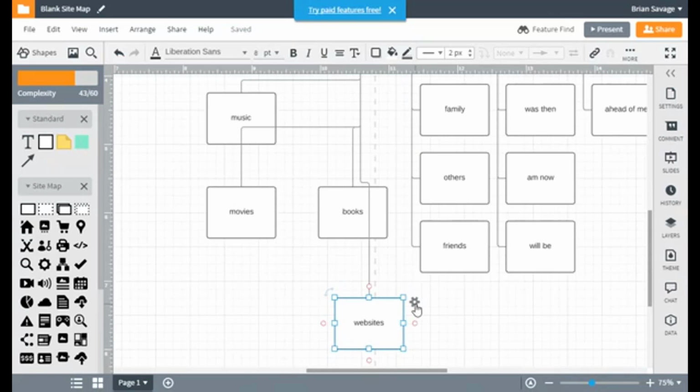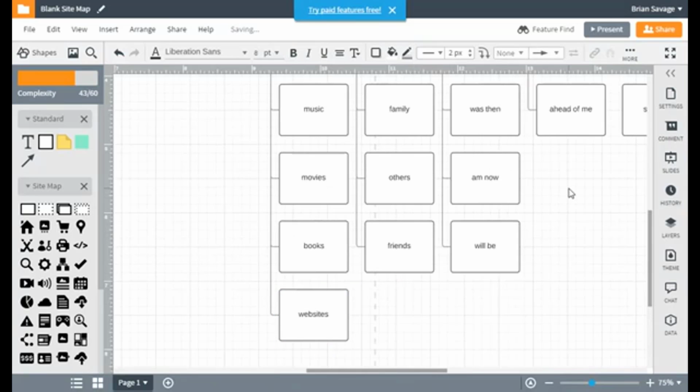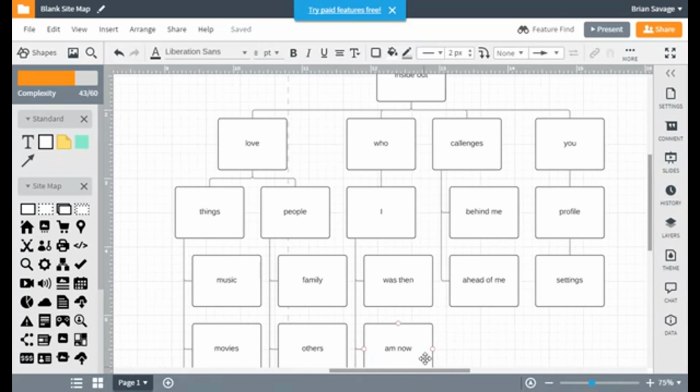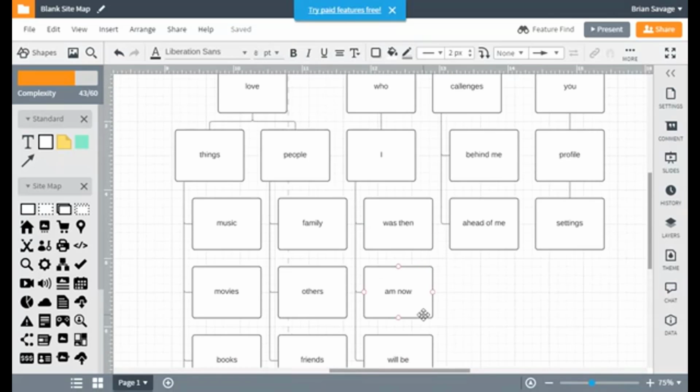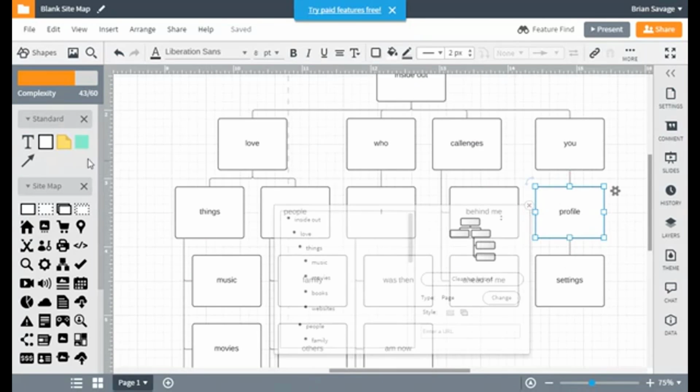We'll click on that. We'll get our properties up and we'll clean up layout once again. And if you notice, now we have this nicely laid out chart that allows us to see exactly the structure of the site that we want to build, and we can use that as a guide. You can come in and you can add some color